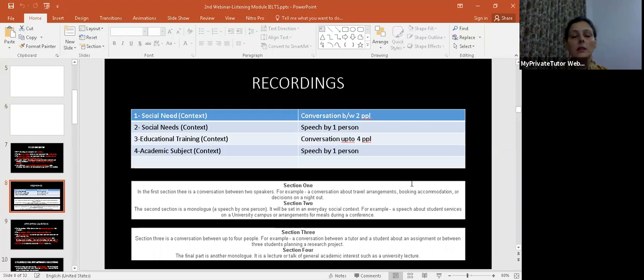Maybe it is in the form of a speech at the university or campus, talking about the cafeteria. Some principal is giving a speech to the students, highlighting the news of the cafeteria, how they have developed, and what new things have been introduced there. This sort of thing comes under the social needs.